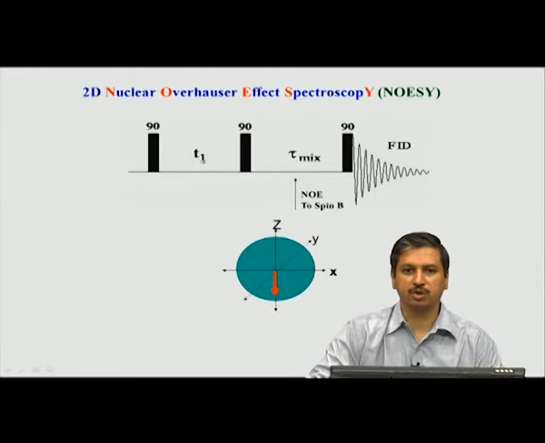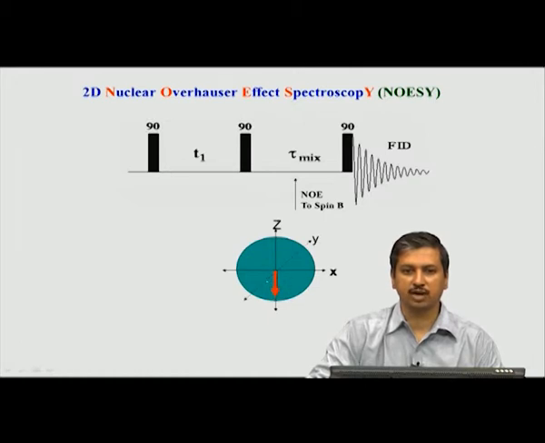So, the information of spin A is captured here through chemical shift evolution, and that magnetization of spin A is inverted, and during the inversion the information of the chemical shift is carried along with it, because whatever happens during this period, that is the modulation because of chemical shift, that modulates the intensity of the peak, means it affects the intensity of the peak of the spin A, and that intensity is now stored information in this